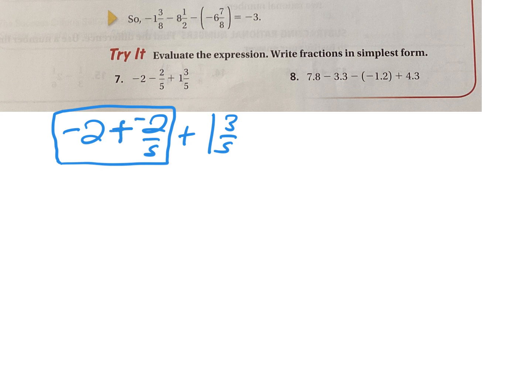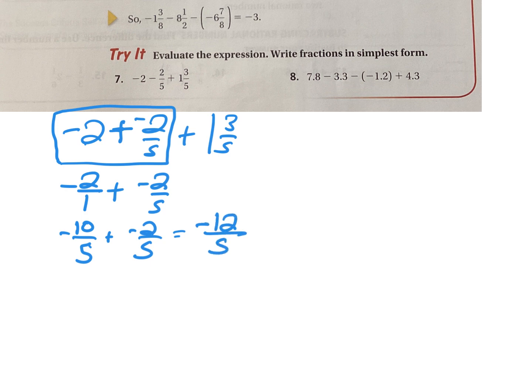So now I'm adding this negative 2 with this negative 2/5. That is both the same sign, so because they're the same sign, I just add them, and I'll get a negative. Negative 2, I'm going to make that into a fraction, plus negative 2/5. Now I need the same denominator, so I'm going to make 5 my denominator. That 2/5 is the same, but this one is going to be negative 10/5 plus negative 2/5. And when I'm adding a negative 10 plus a negative 2, that gets me a negative